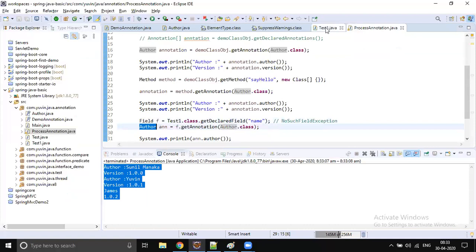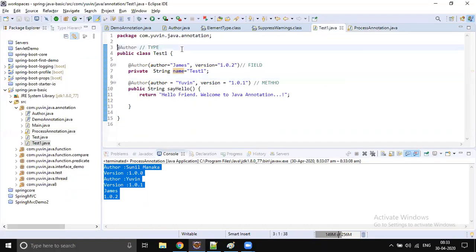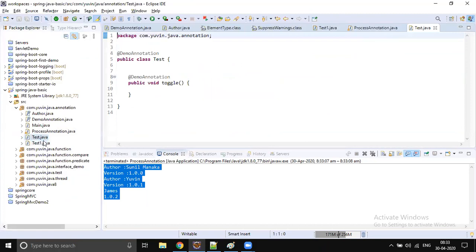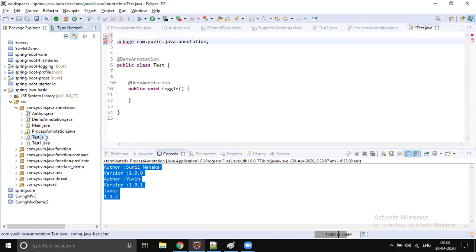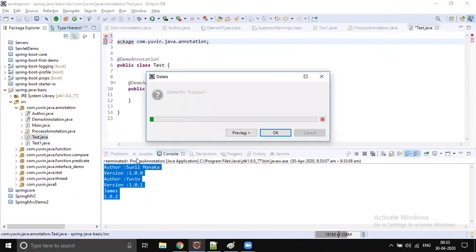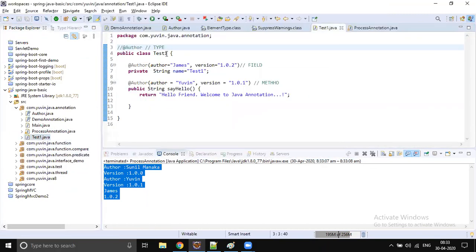For example, let me delete this test.java and rename test1 to test.